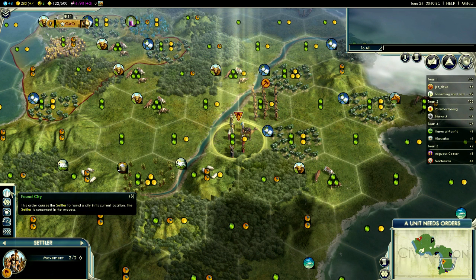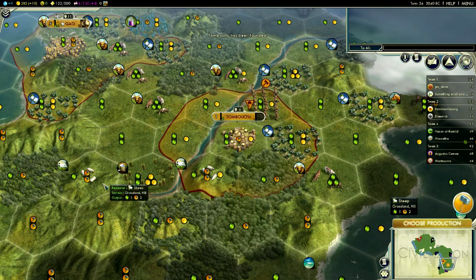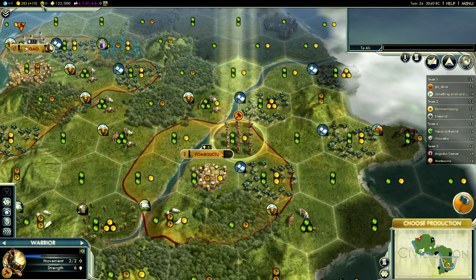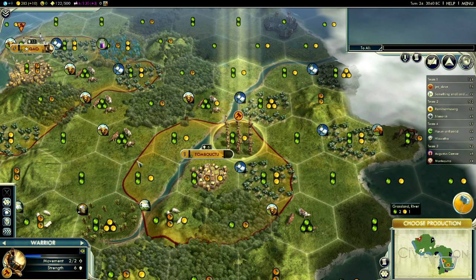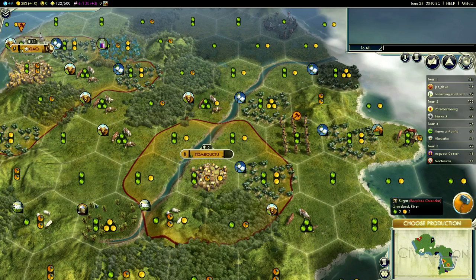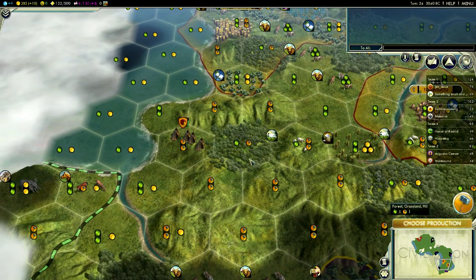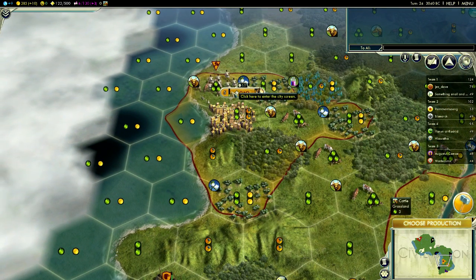So it's found Timbuktu. Sorry, it hasn't put me into unhappiness actually, it's dropped me to 0, which is just about fine. And again, I'm just going to keep this warrior nearby. Sorry, what I was going to recommend is you could try to avoid growth on Gao by...